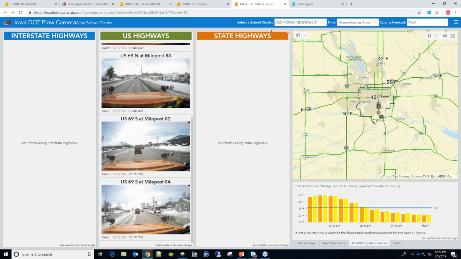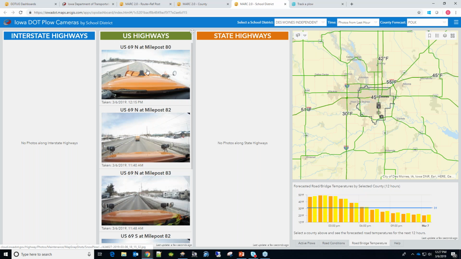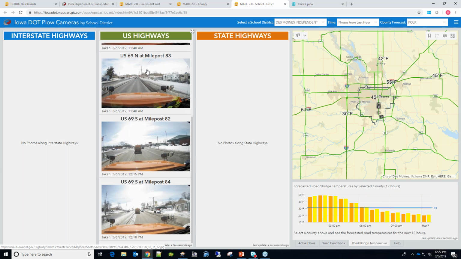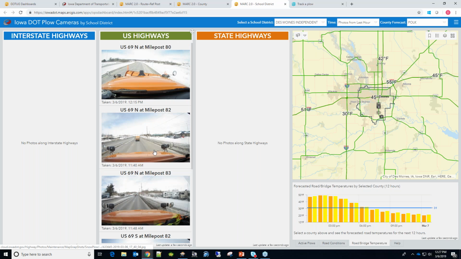So now, if I'm a superintendent of a school or a transportation director, I can see not only what the DOT is seeing at the state level, but also forecasted temperatures. We've also been potentially exploring pulling in data from other sources, such as surrounding states, which we already have Nebraska and Minnesota snowplow camera images pulled in.